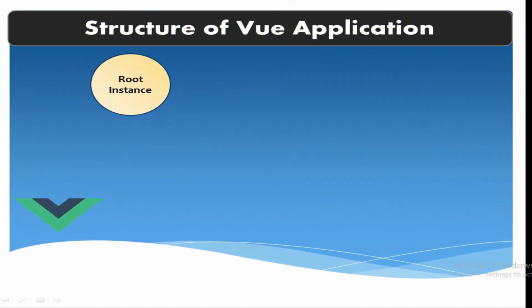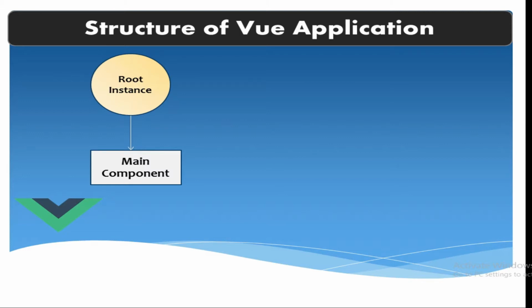Alright then, let's understand the basic structure of Vue.js application. Now in general, in Vue application there will be an instance which is nothing but an object of Vue, and you can create as many objects as you want, but keep in mind that each object represents a separate Vue application. Okay, now under that instance there can be a main component which is also known as parent component.